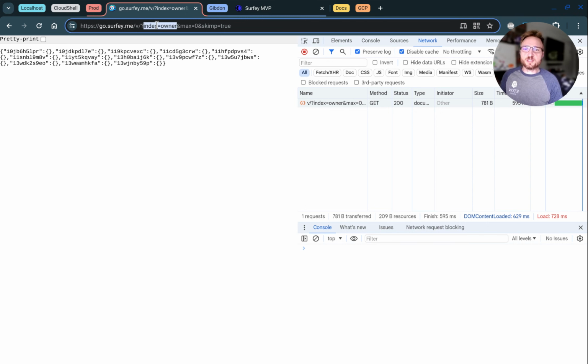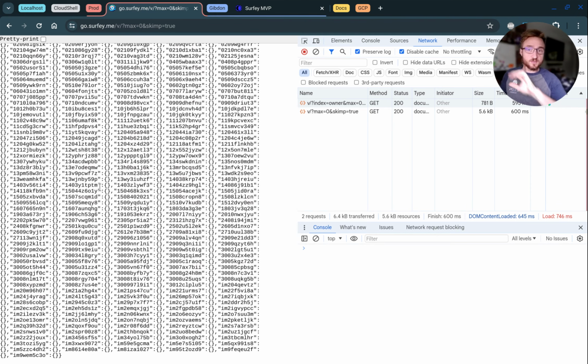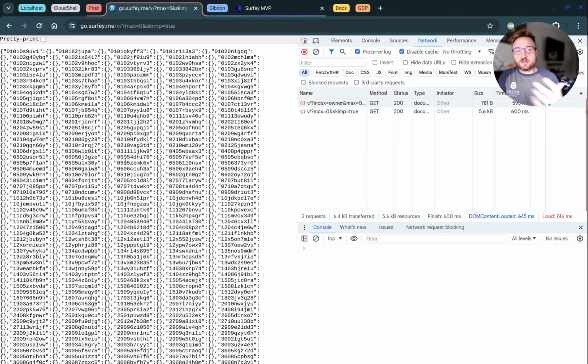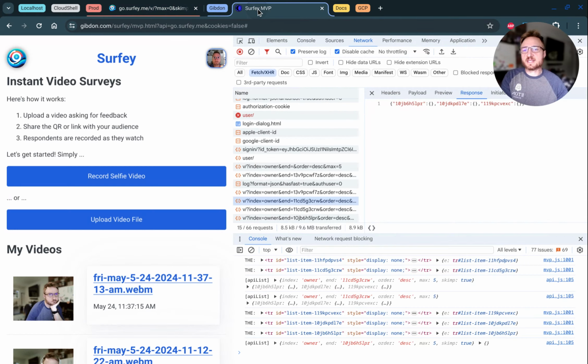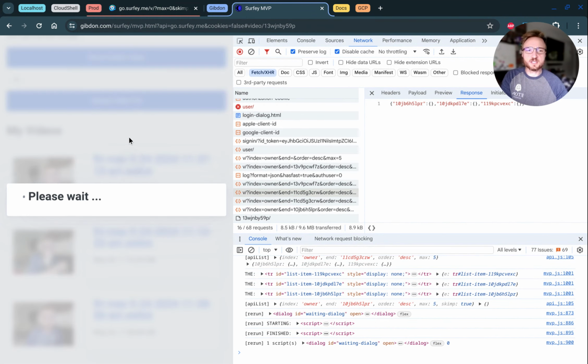This could also be used without an index, so we could look at all of the videos that are in Surfey right now. All the top level, this doesn't include responses. And it comes back, as you can see, in half a second for all the videos versus, I don't know how long it would take to load all that information and parse it. So here you go, descending, skimp, and then the last thing, if we look at one of these lovely videos,